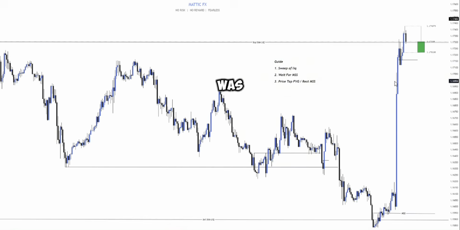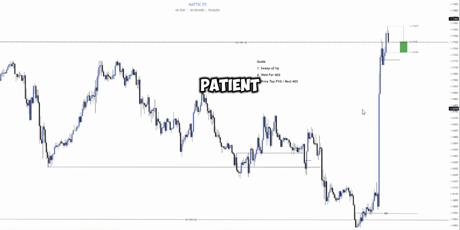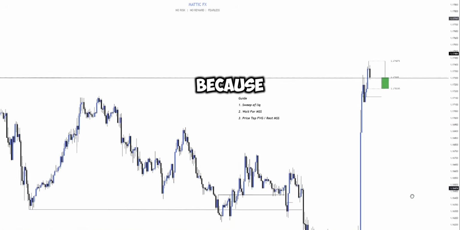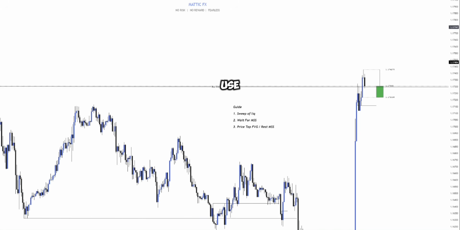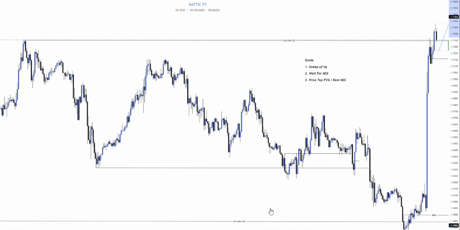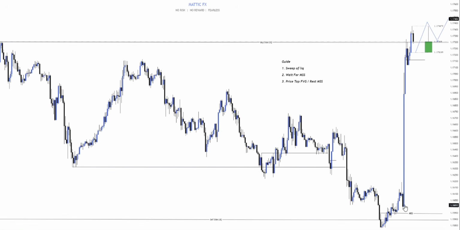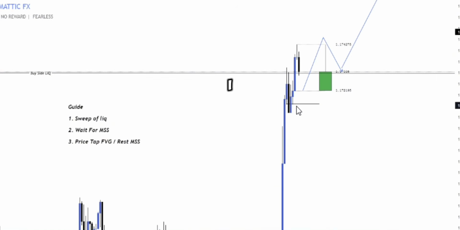Boom! Finally swept liquidity. It was like, damn, right? But still patient. Wasn't gonna enter immediately because price can use this level as support to go higher, right? And I didn't want to be caught up in that as well. So still patient, you know, still patient. Because I was really hoping for a sell, so since I wasn't gonna use this level no more,